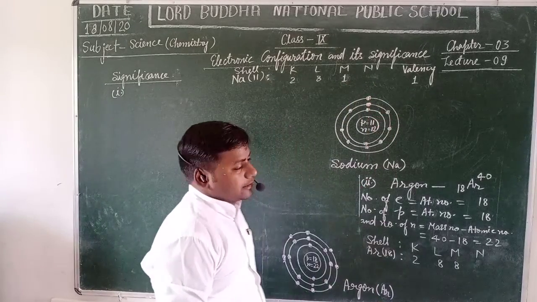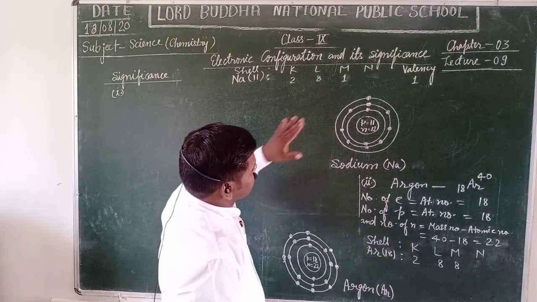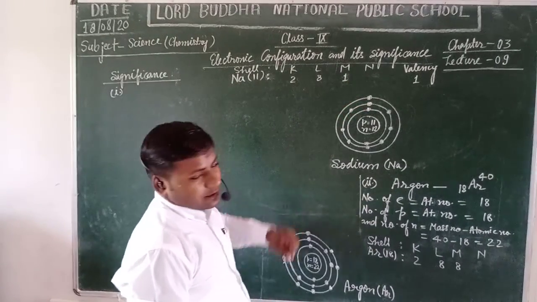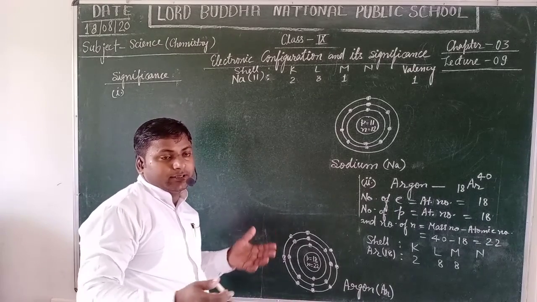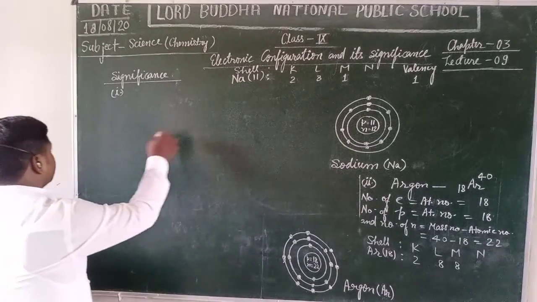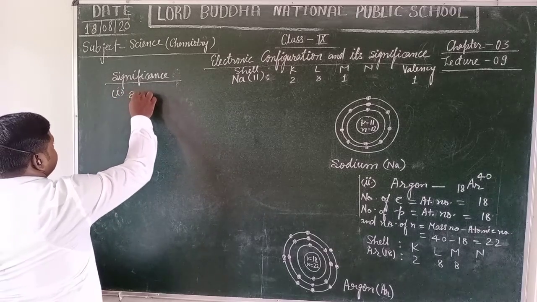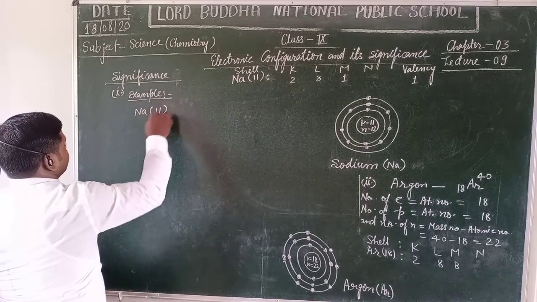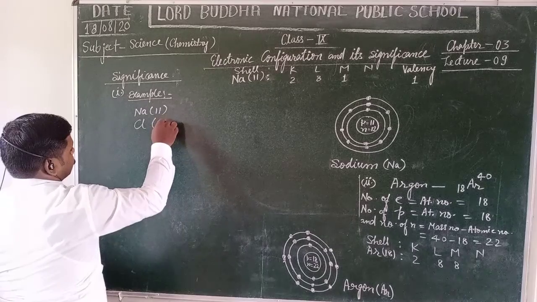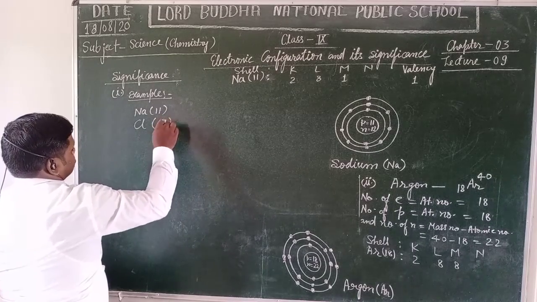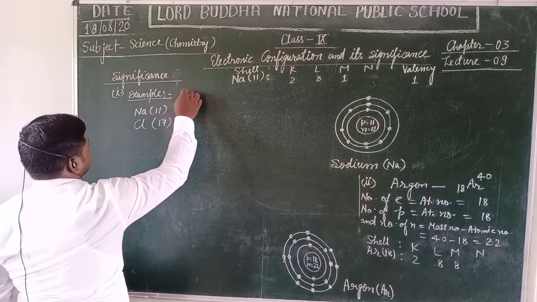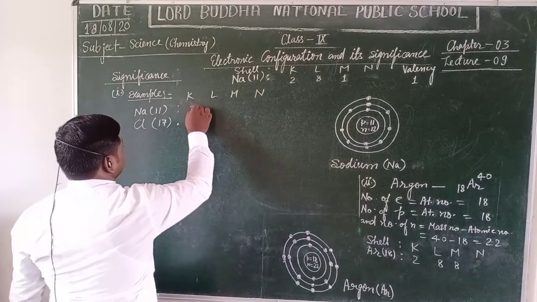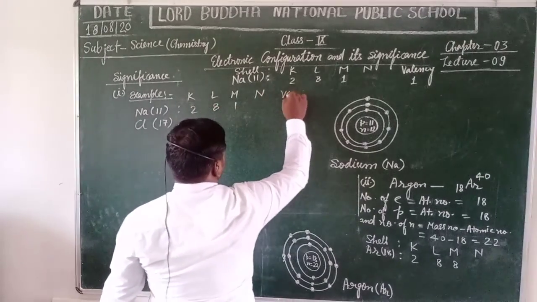We also take another example to represent how atoms are chemically charged and how they have the ability to react with one another. Let us take this example. Sodium, atomic number 11, and another element I take here, chlorine, atomic number 17. Electronic configuration of sodium: 2, 8, 1. Valency I also write here.